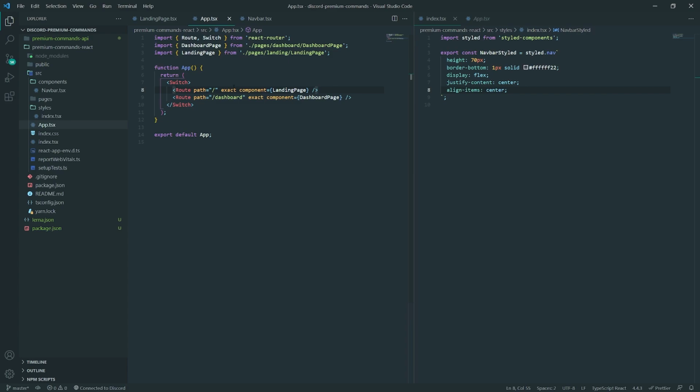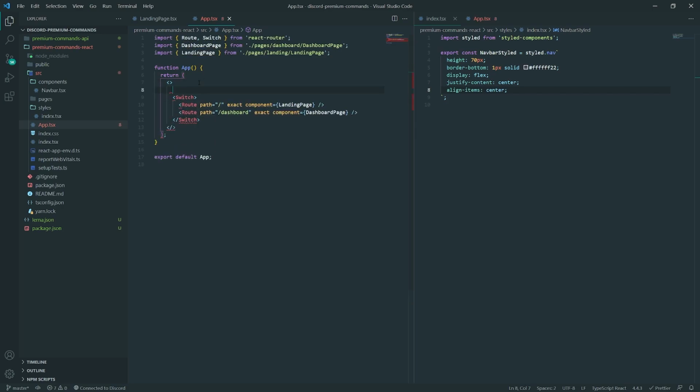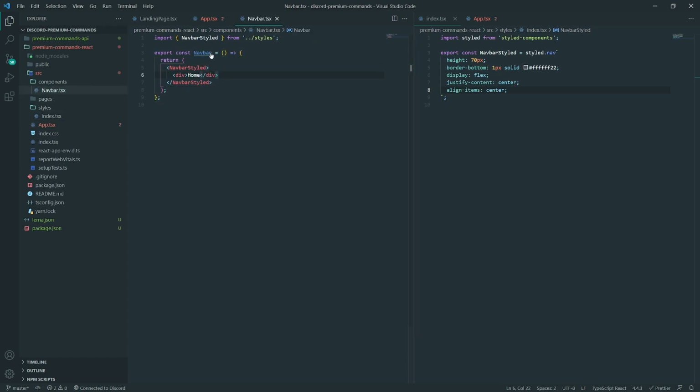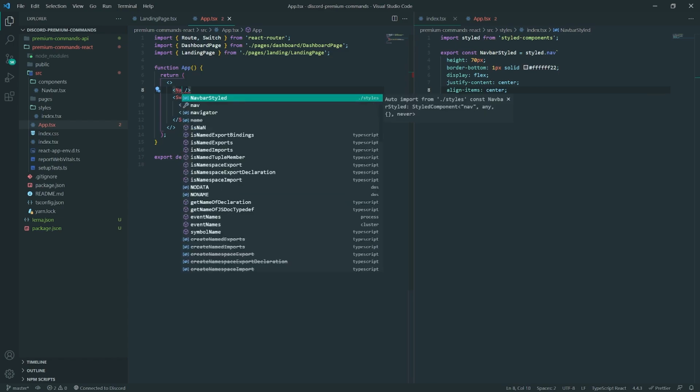So this is actually going to be a little bit tricky, because if we put the navbar with this switch, it's going to render for every single route, but we don't want it to render for the landing page. So this is a little tricky, but for now we'll just leave it like this. Let me create a fragment. For now the navbar will be on every single route, but we'll fix that later when we have our API. Not sure why IntelliSense doesn't want to pick that up, but that should, yep,